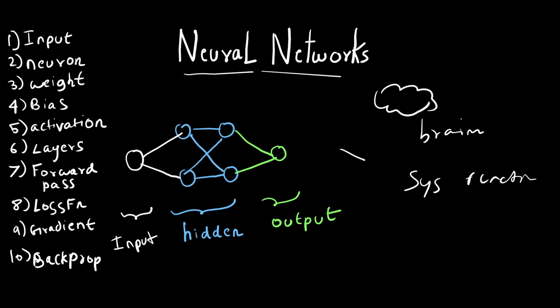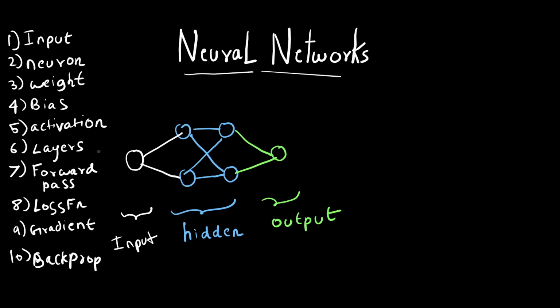that learns from data. Here we have three main layers or components in a neural network. First are the input, hidden, and output layers. The input is where we feed in the input data to the model. Let's say if we want to predict the price of a house, we have input features like the number of bedrooms or the area of the house and so on. And each of the circles is called a neuron,